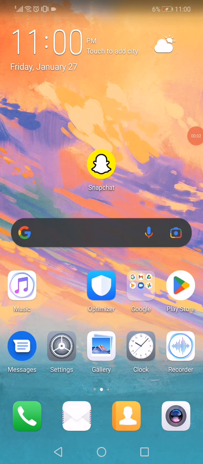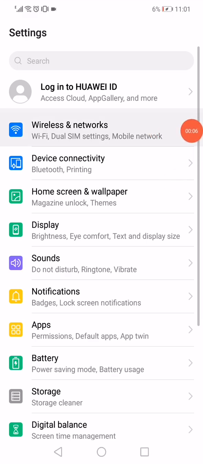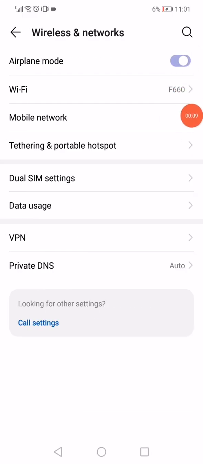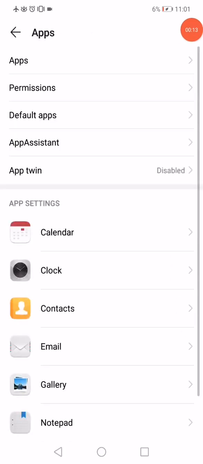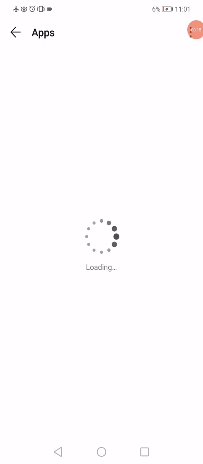How to fix Snapchat camera. First thing, open the settings on your phone, go to the wireless and networks, and then enable the airplane mode like this. Go back and open the apps manager, and after that on this page you will find all the